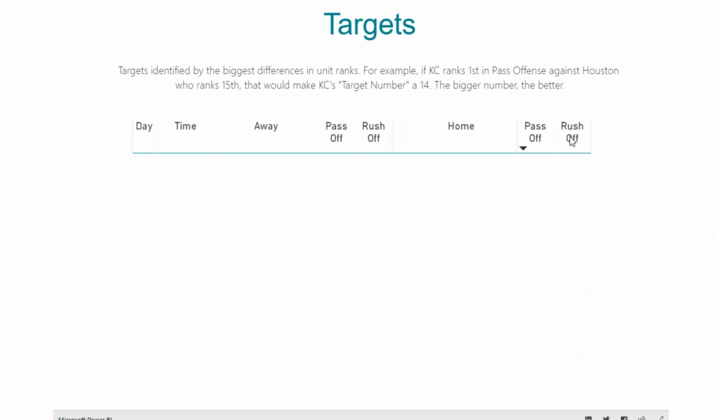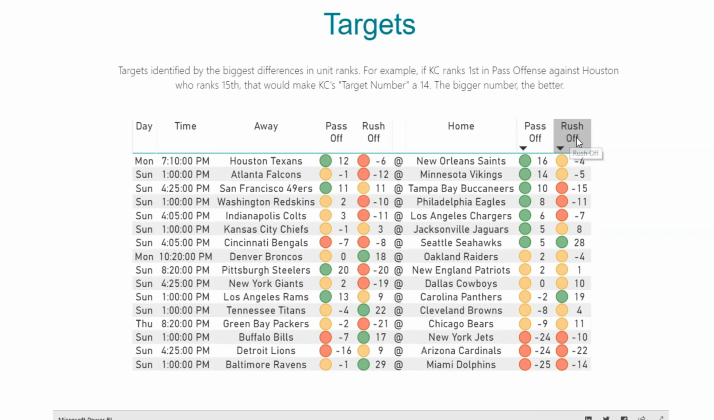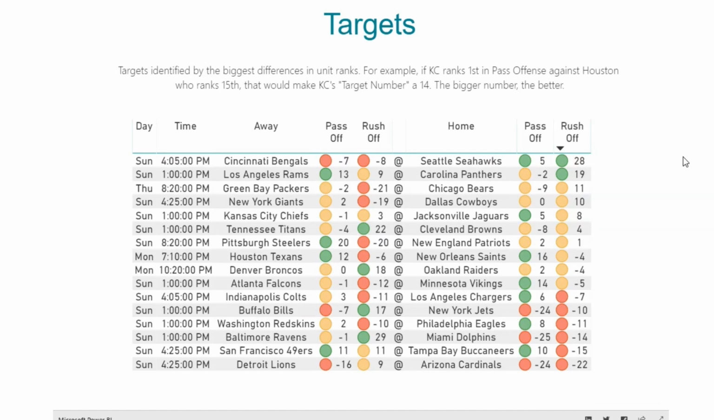And we do that home and away as well. So you can click through here and see some of the best matchups, like the Seattle Seahawks, a 28-point difference between their rush offense and the Cincinnati Bengals rush defense, which is obviously a massive number. Someone like Chris Carson might be on my short list of guys that I would want to look at